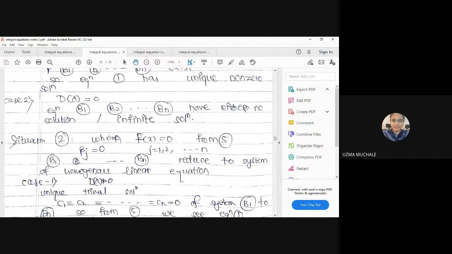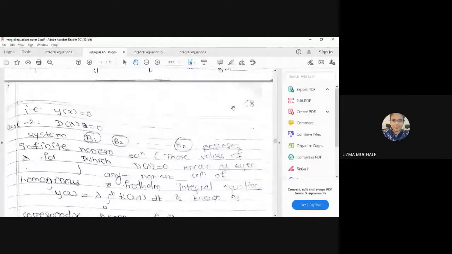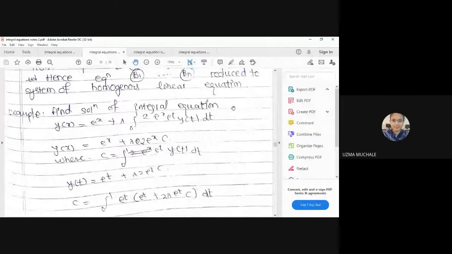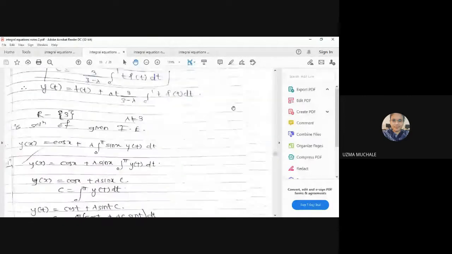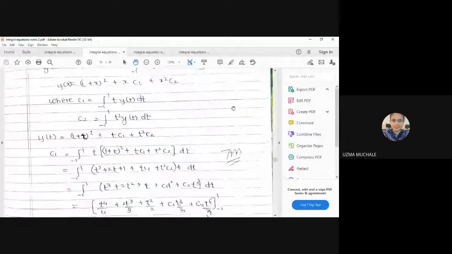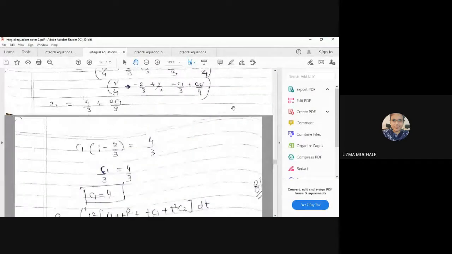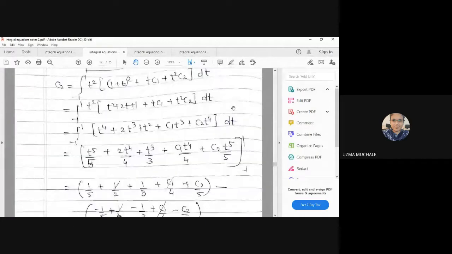I think I have given you homework also. You have to verify Ax is equal to b. If any form is there, Ax is equal to b, so we have to verify the type of solution. It is either unique, infinitely many, or no solution. And we have seen the types, whatever the examples based on the Fredholm integral equation, whether it is non-homogeneous, in case we are having a kernel that is a separable kernel.